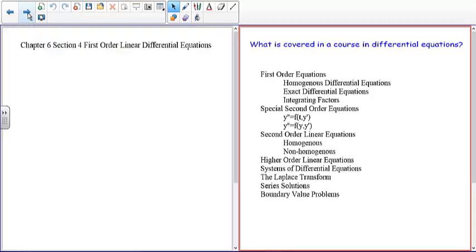Oh, before that, though, and don't write this down, this is a table of contents from a differential equations class. Section 6.4 is the last section that we're going to do, so we're only covering 4 sections. We're going to spend maybe 3 weeks on differential equations, but you can have a whole semester class on them. So I was just going to explain the kind of things you might have in a full differential equations class. You've got first order equations, where first order just means it's the first derivative, which is what